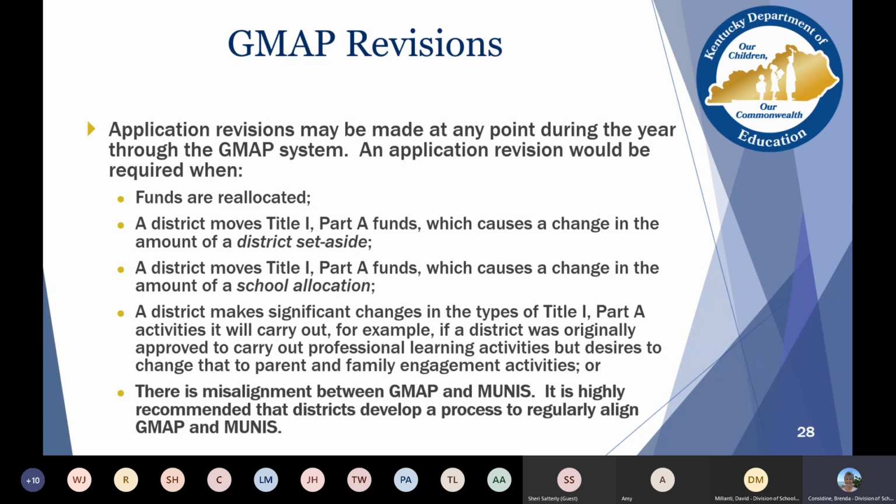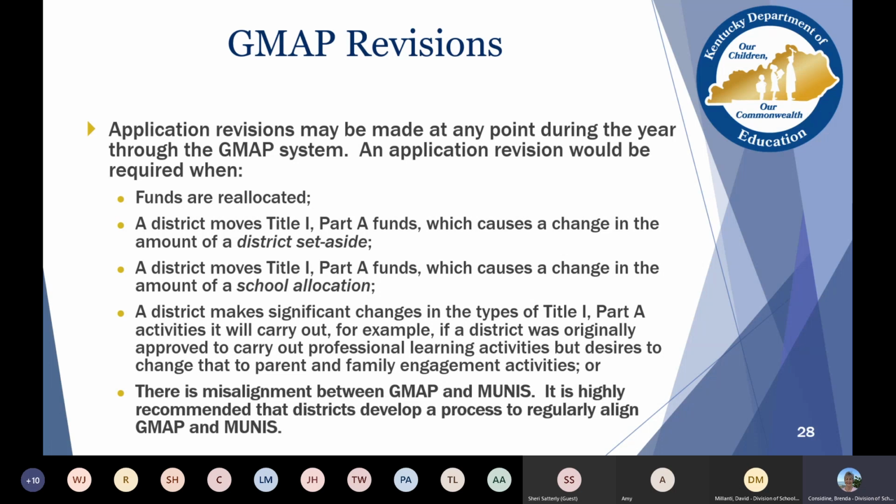If a district moves Title I Part A funds, which causes a change in your district set aside, for me that was always hard because when I would revise the budget, it would always affect another section. And I would always have to remember that they all work in sync with each other. If you move Title I Part A funds and you have a change in a school allocation, you would have to have a revision.